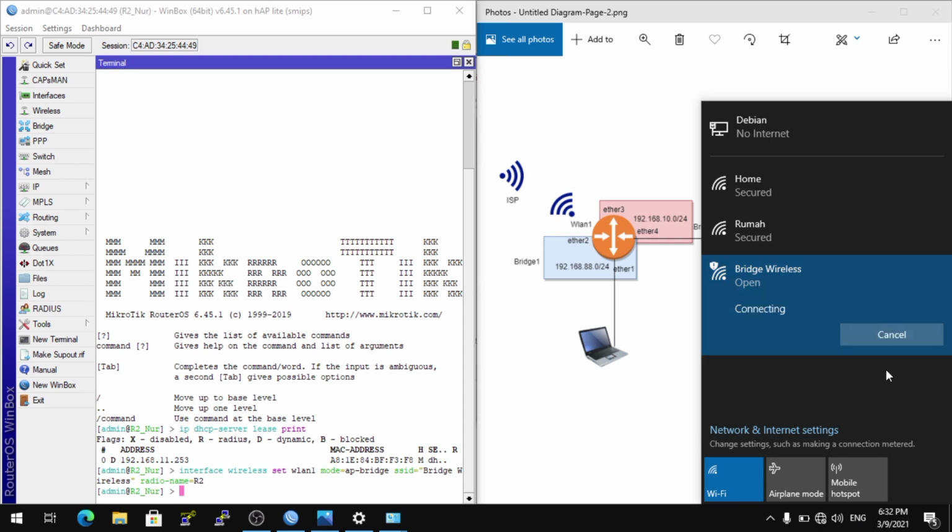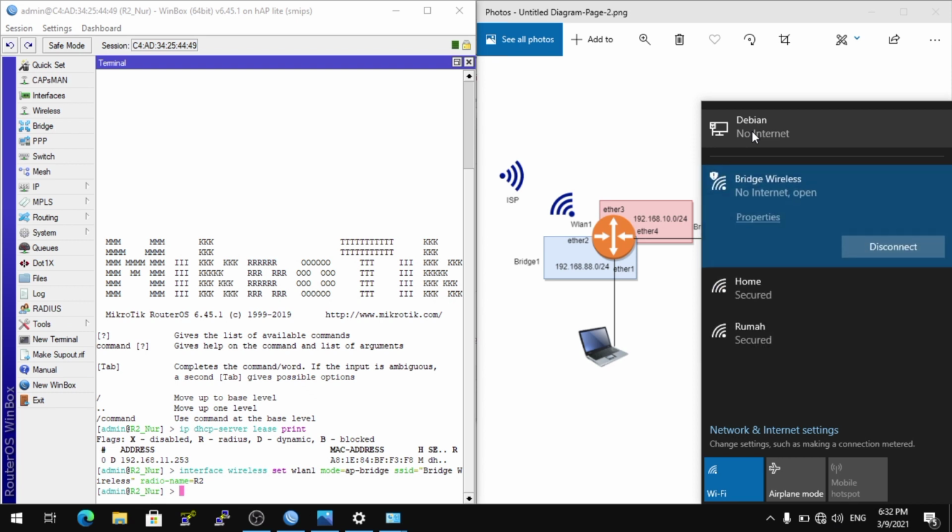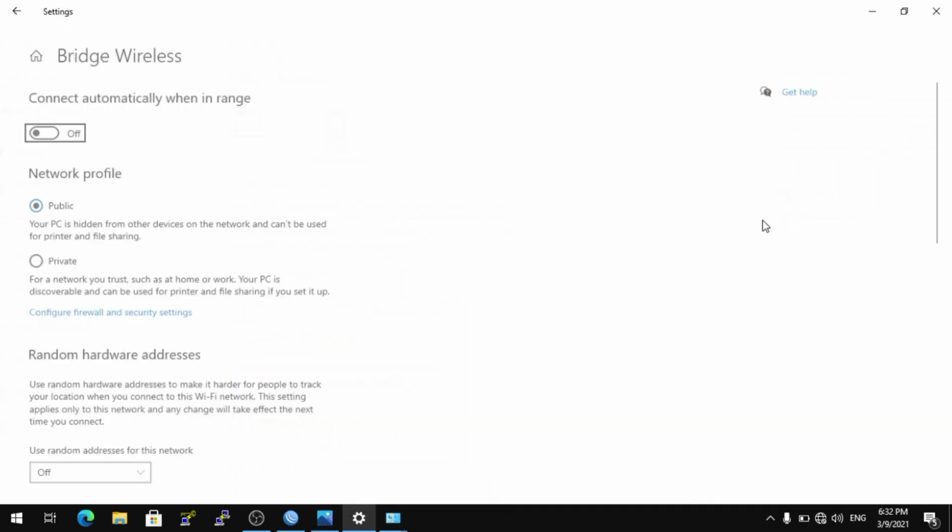Click connect. This access point is open because I have not configured a security profile. Waiting for connecting to SSID update. And this is interface Ethernet, I am not giving internet. This is access point, not internet.